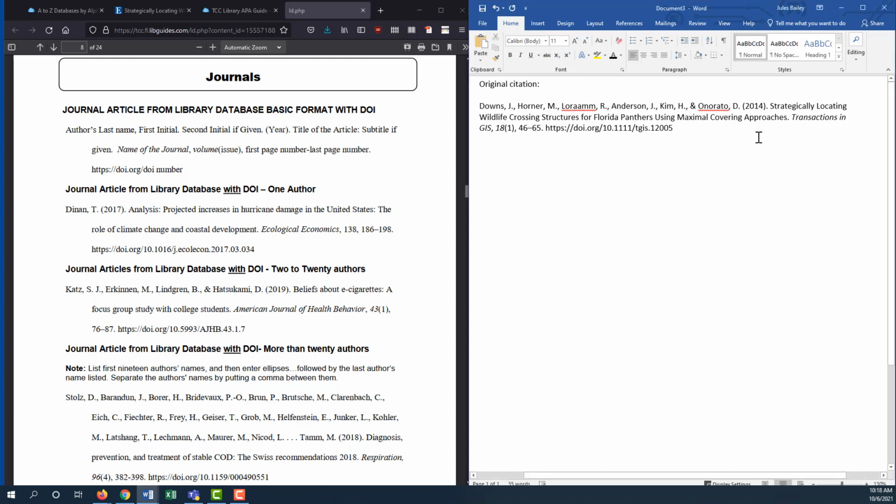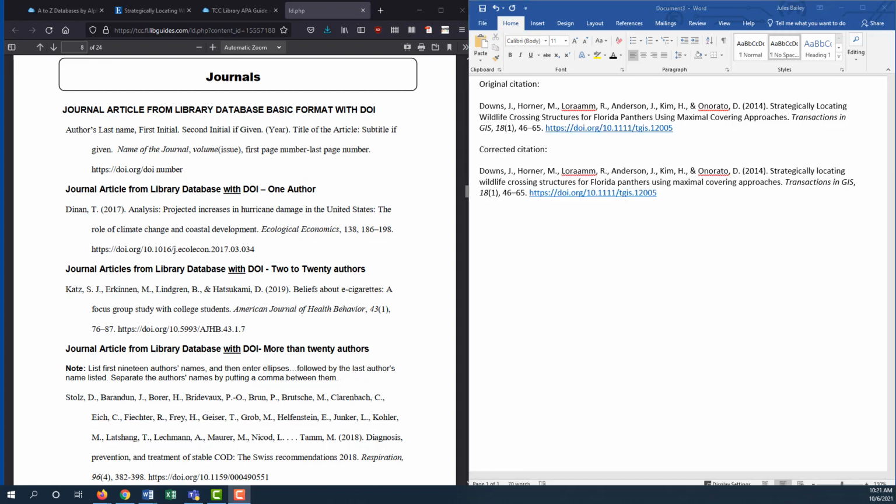Last, we have location information. The journal title is italicized and capitalized following regular capitalization rules for titles and is followed by a comma. The volume number is also italicized. The issue number following the volume number without any spaces and appearing in parentheses is not italicized. The closed parentheses are followed by a comma. Then we have the page numbers written as number and followed by a period. At the end of our citation, we have the DOI, or Digital Object Identifier, link if available.